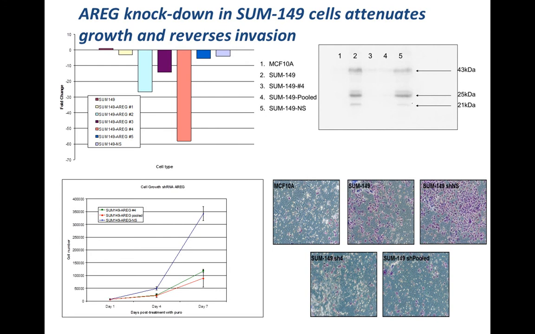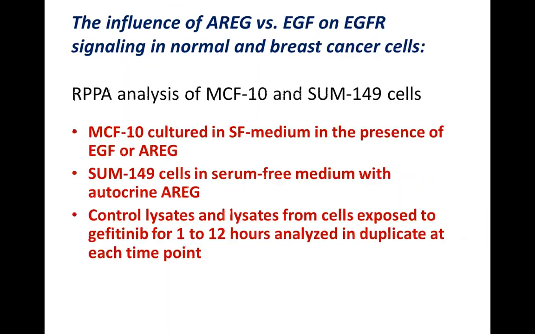You can see that the normal MCF10A cells don't invade. The breast cancer cells, SUM149, and a control cell line that got a non-silencing shRNA, invade very nicely. But when we shut off the amphiregulin, these cells not only don't grow, but they lose their ability to invade. And this, again, is very consistent with the biology of this growth factor in terms of where it's normally expressed in developing tissue. So we think this amphiregulin EGFR axis is not only important as a driver of proliferation of these breast cancer cells, but as a driver of their aggressiveness and invasiveness. So that was pretty exciting.